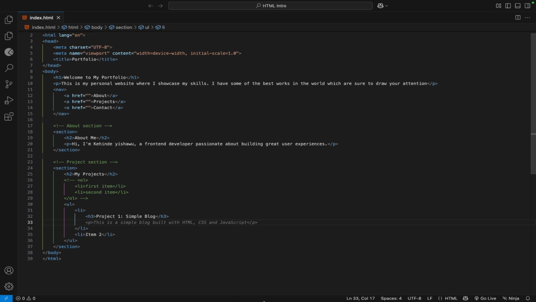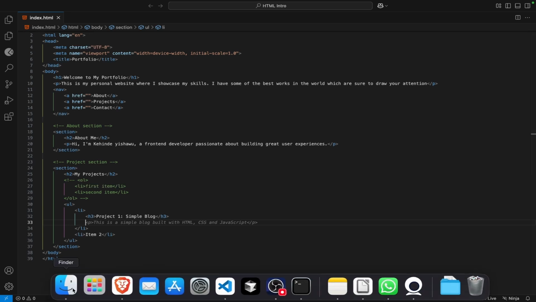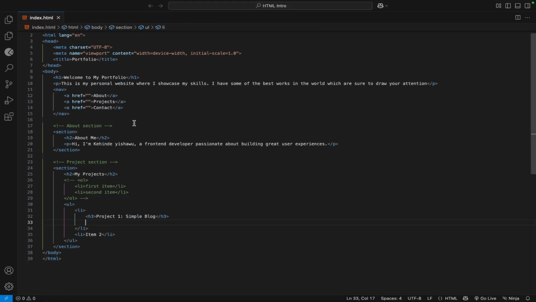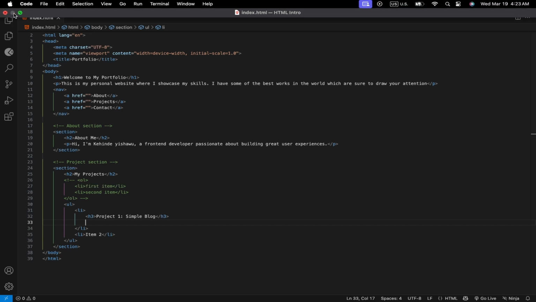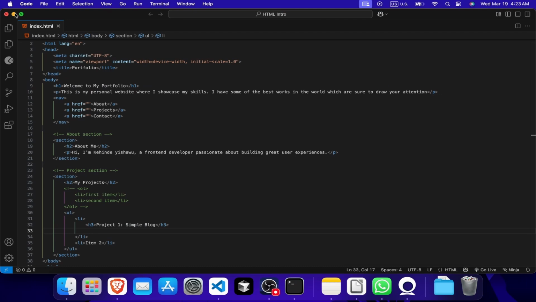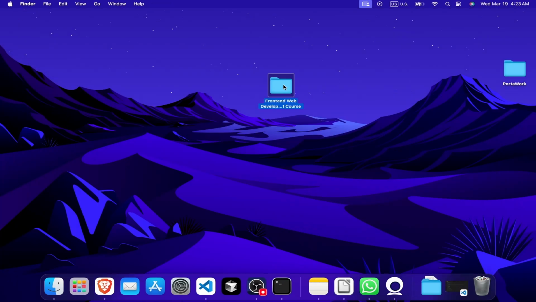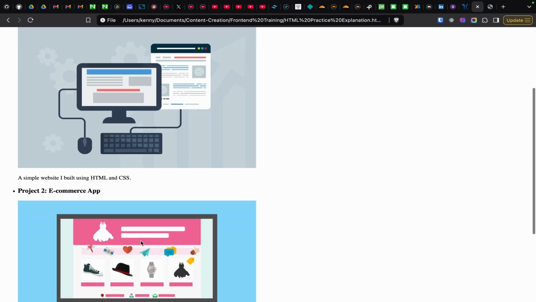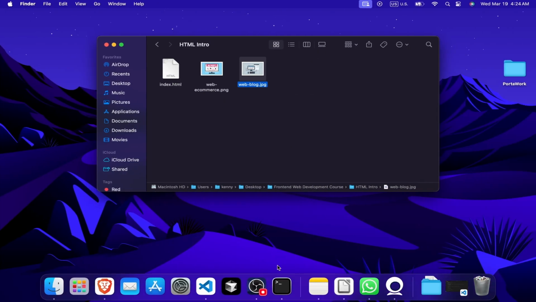Then second, we have an image. Now I want to check my file. Alright, let me quickly minimize this. Now this is the file that we are working with, and as you can see, these are the images. These are the images that are web e-commerce and web blog. This is web blog and this is web e-commerce. So when I open my VS Code back again,